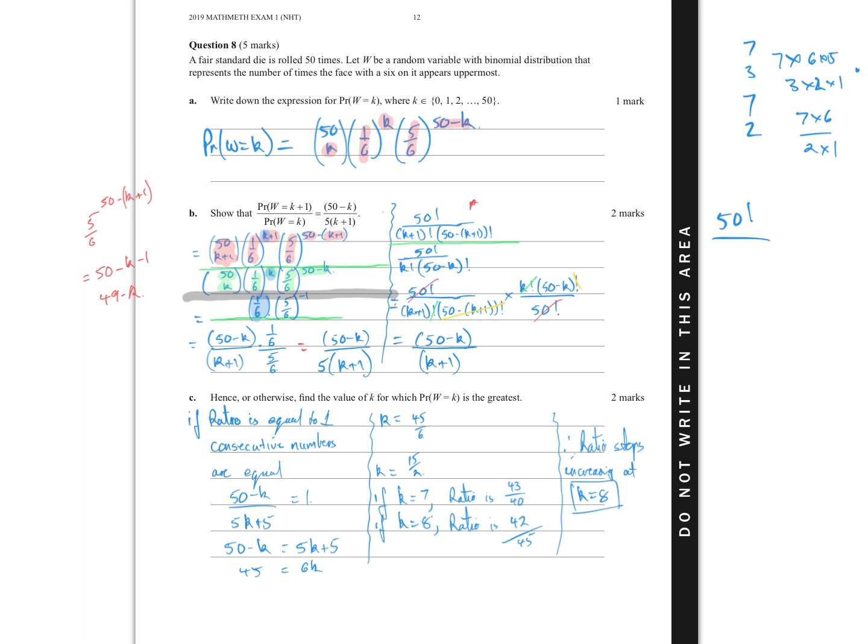Yeah. So I've got 50 minus k on the bottom, 49 minus k on the top. So that expression is 49 minus k, which means I've got one extra 5/6 on the bottom, which is what that expression is. Yeah, so what I've done there is I've decided to, well, let's just